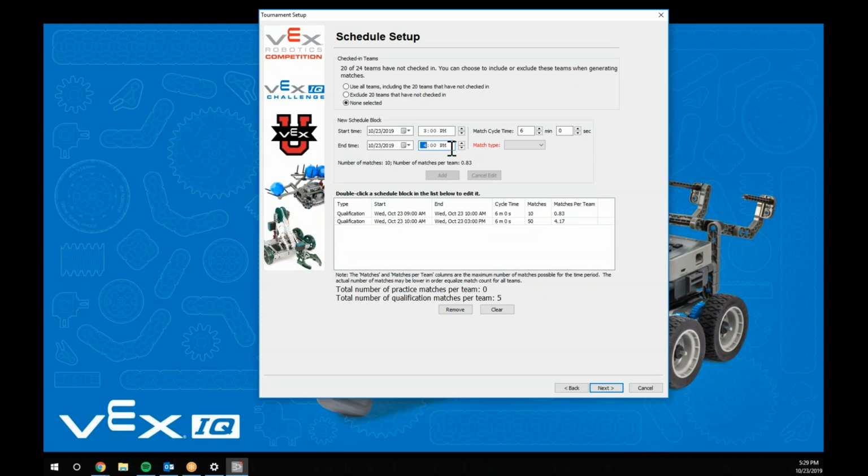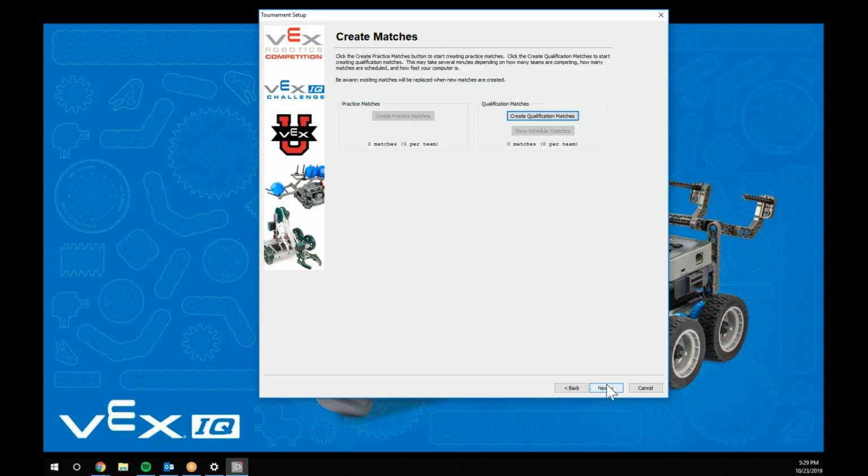What doesn't it like? Oh, there we go. Oh, gosh dang it, it's up here. It's saying, do you want to use all the teams or exclude the teams that are not checked in? We're going to exclude all of them. We'll just have 4 teams. So they show up to the session. We create the session, and